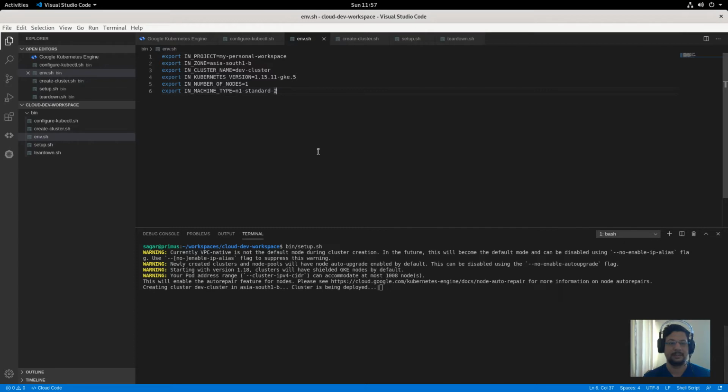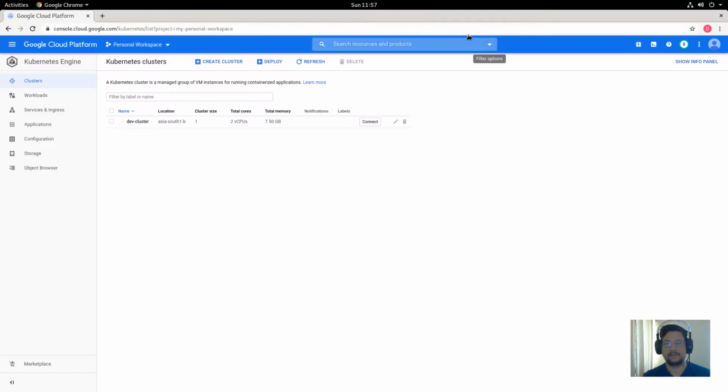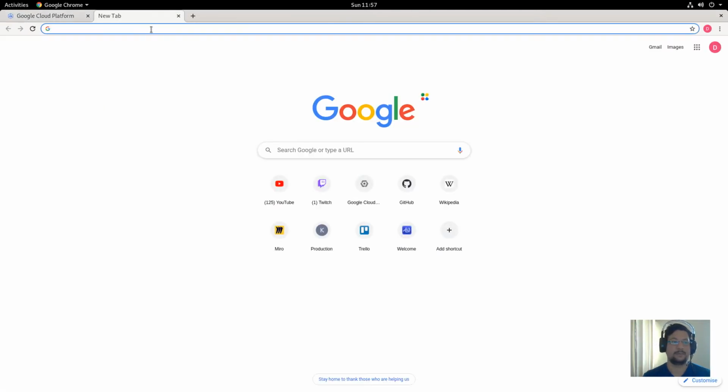Okay, so let it take its own sweet time. Until then, let me explain to you something else. So what's the big idea? After deploying the Kubernetes cluster, what are we going to do? This is where one of the projects is going to come very useful for me, and this is